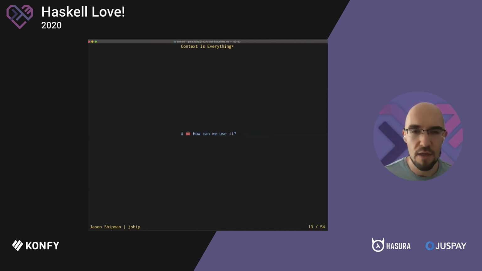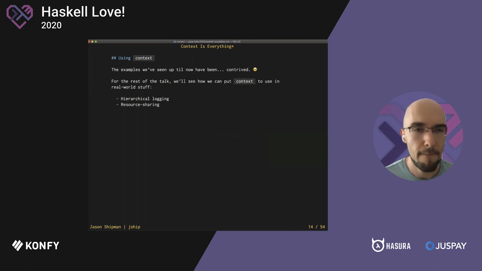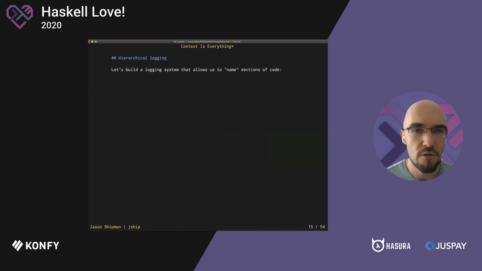Okay, so that was the rapid fire crash course into context interface. And so the rest of the talk, I want to spend time looking into how we can actually apply it, kind of from a more real world point of view. All right, so the 3 examples that we're going to take a look at, the first, resource sharing, and then the last one will be some servant tidiness or some servant fun that we can use context for. All right, so for the first example, the hierarchical logging one, hierarchical logging is a really fancy way